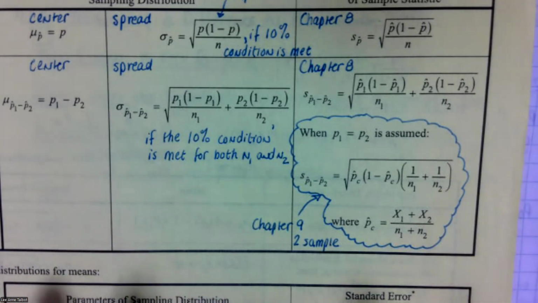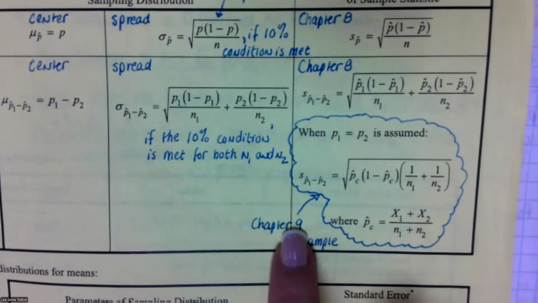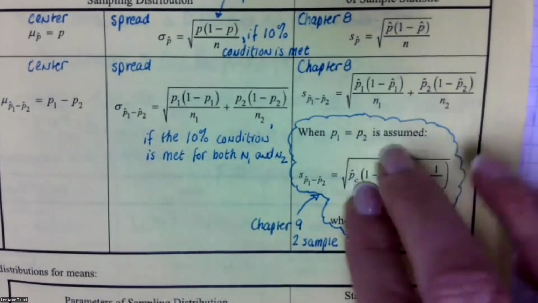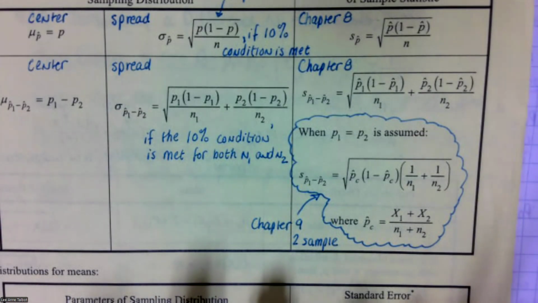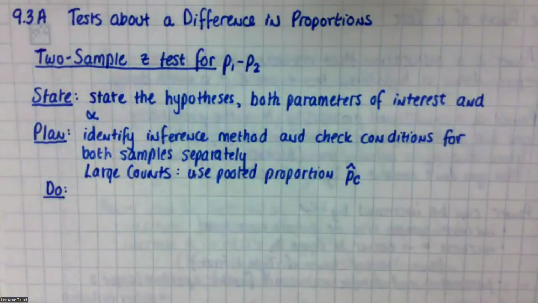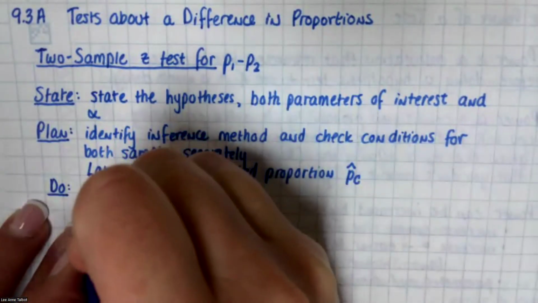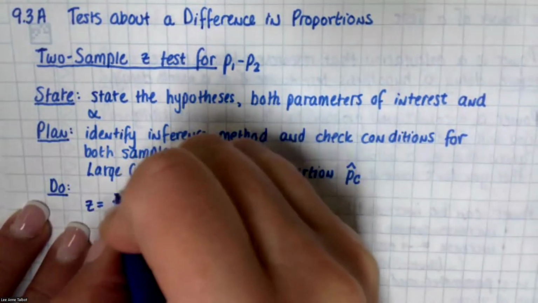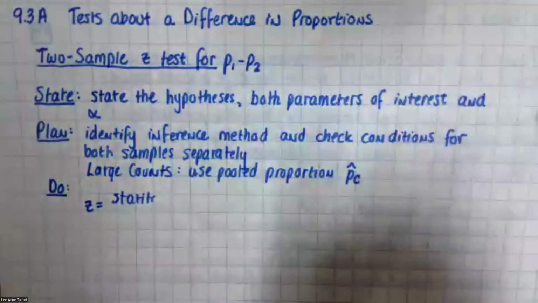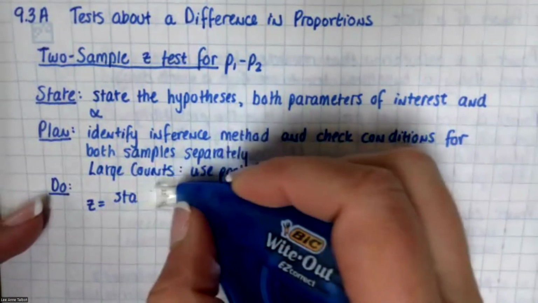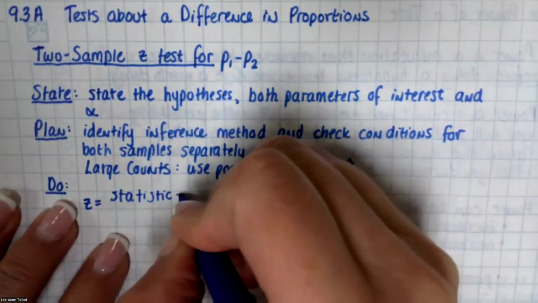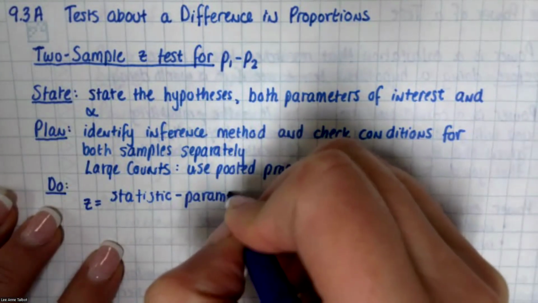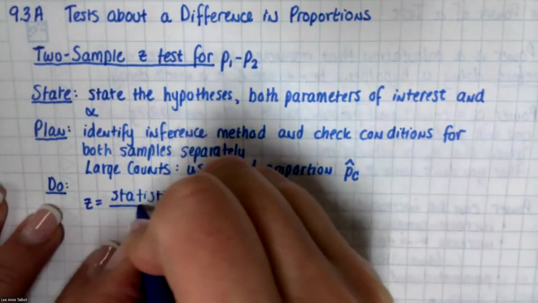okay, can I scooch this off to the side? Do you have your chapter 9 two sample? And then I box this in because this all goes together, those three things. Okay. Do you guys have it? Yes? Okay. All right. So do z equals statistic minus parameter over